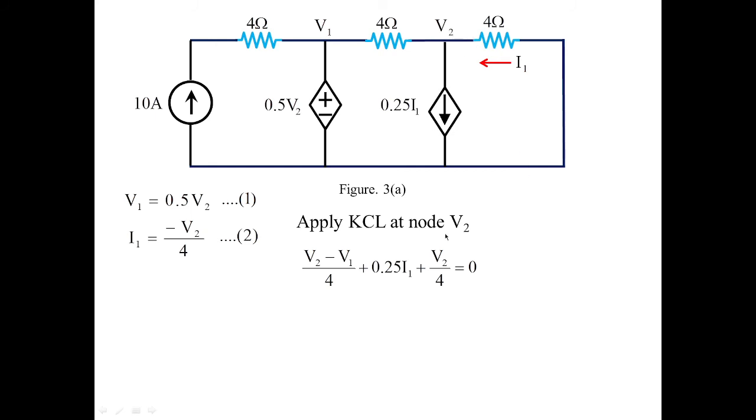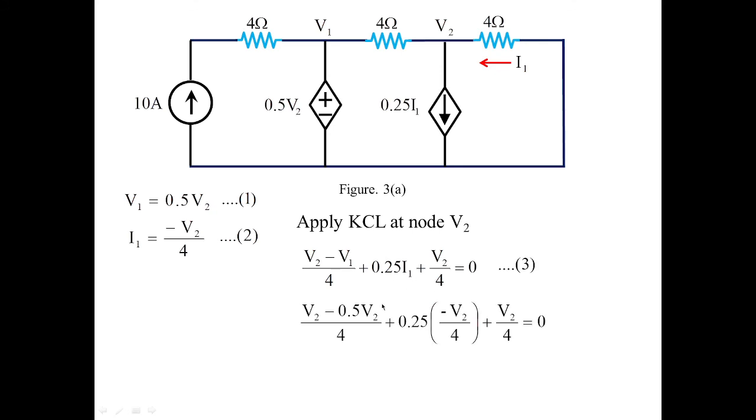So the substitution value, you can see how it is different from the previous case, from equation 2 and this equation. Please concentrate on these two equations. When you are talking strictly about I1, it is minus V2 by 4. But when I'm talking about the branch current, which is assumed to be in this direction, that is V2 by 4. So these three equations are framed.